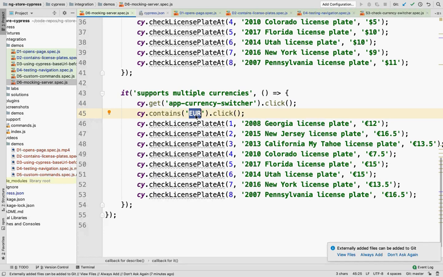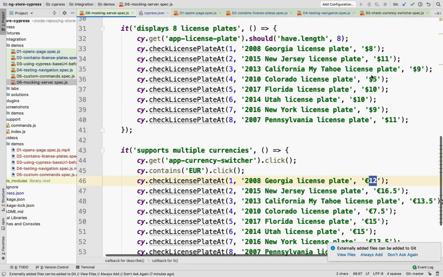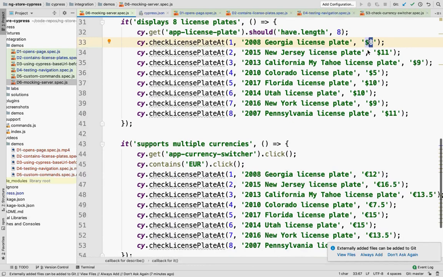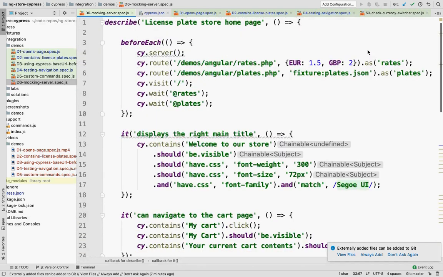That's a drop-down that opens. Select the euro value in it, click on it, and then check that the prices are now all in euros, and that the exchange rate was applied from the USD value here. And that just works. So that's really neat. So this one, I could actually run it because all of the data is faked in here.